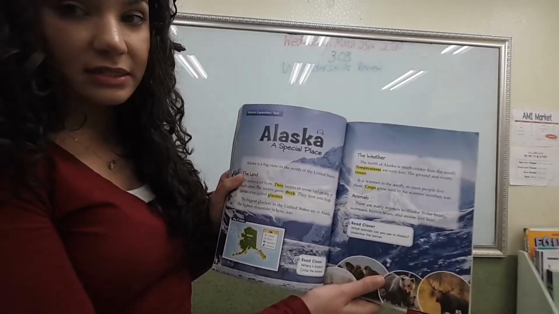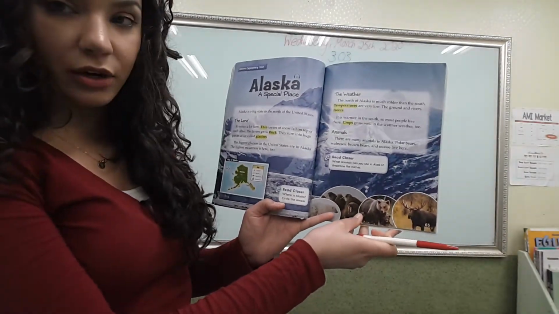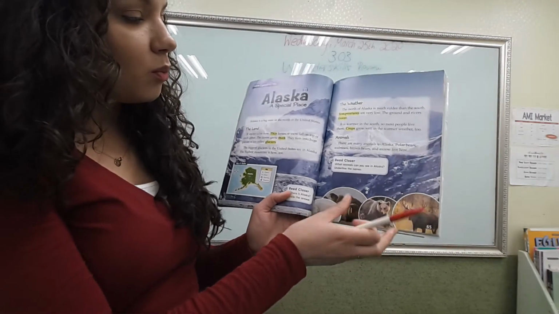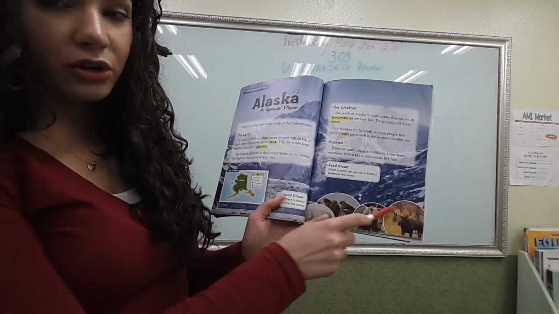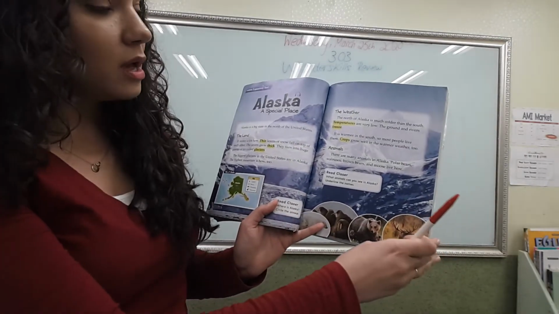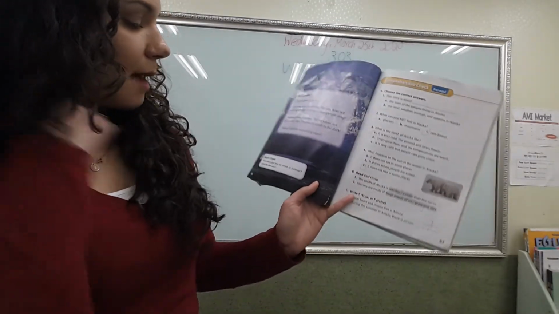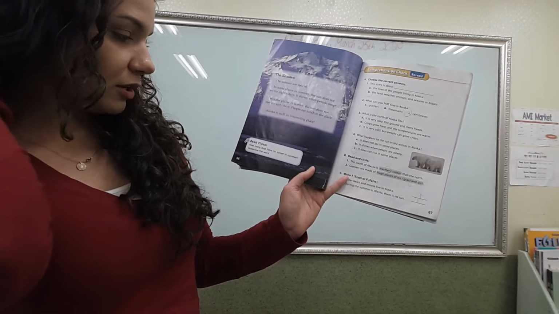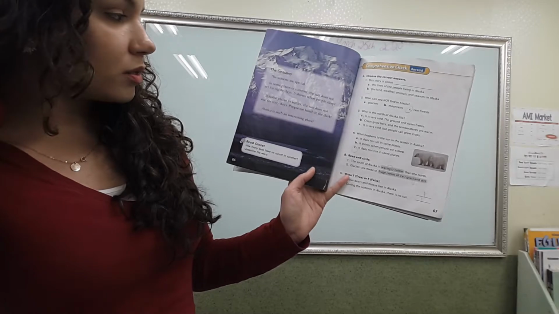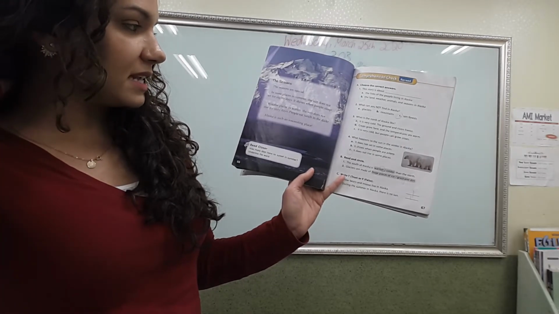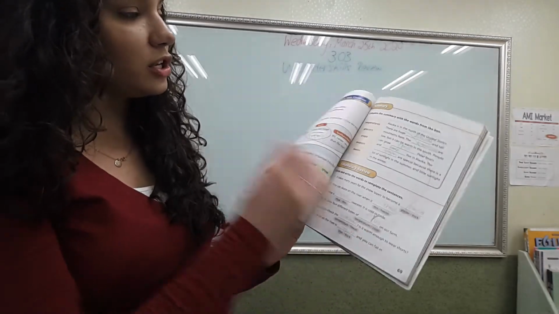Alaska, a special place. Read closer. Where is Alaska? Circle the answer. What animals can you see in Alaska? Underline the names. Here are clues at the bottom because you can see pictures of the types of animals that live in Alaska. How many days have no sunset in summer? Underline the word. You're looking for the word for how many days the sun does not set. After that, go to Unit 9.